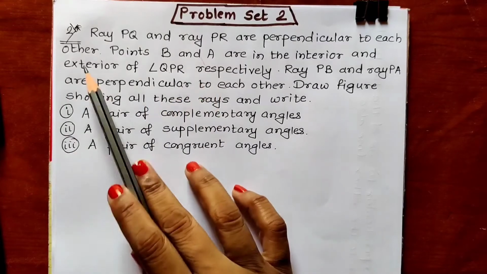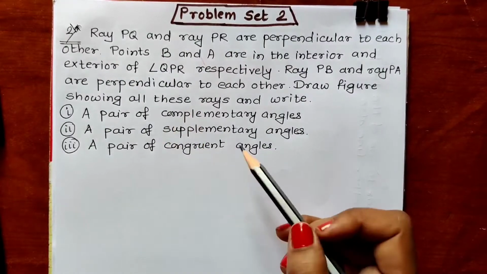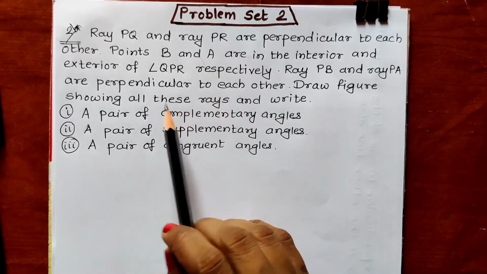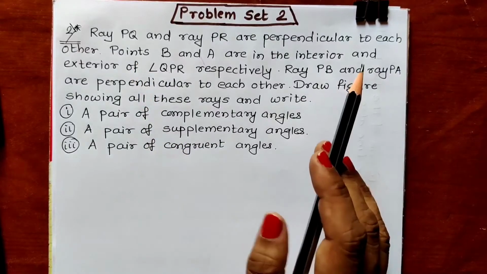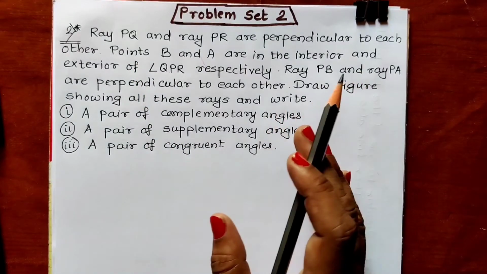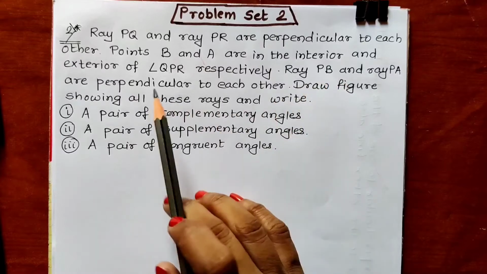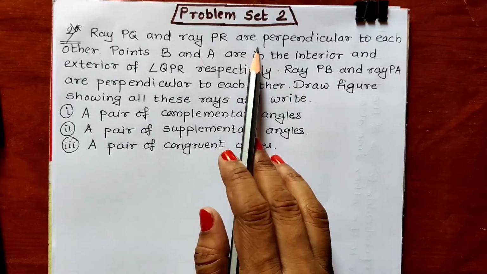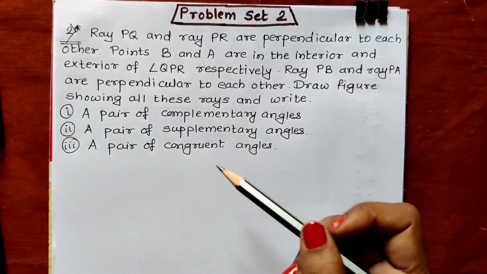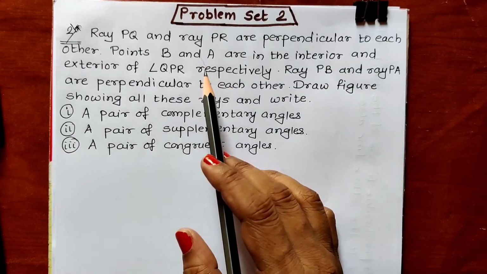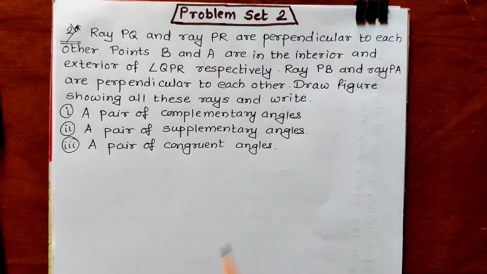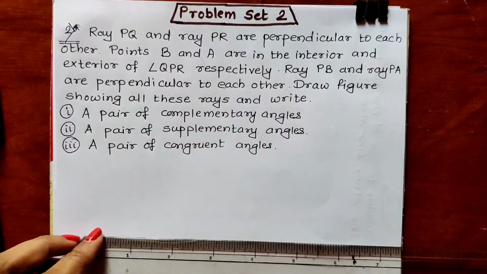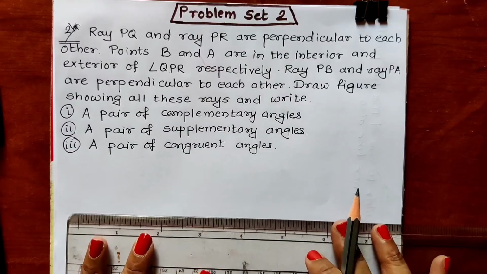As you all can see, I have written the question as it is on my page. Let us start drawing. As rays are there, a ray doesn't have any measurement. You can take the measurement on your own, okay? Because ray PQ and ray PR we will have to draw perpendicular to each other. Perpendicular means there should be an angle of 90 degrees between these two rays. So you can draw any two rays. Here I am drawing these two rays.